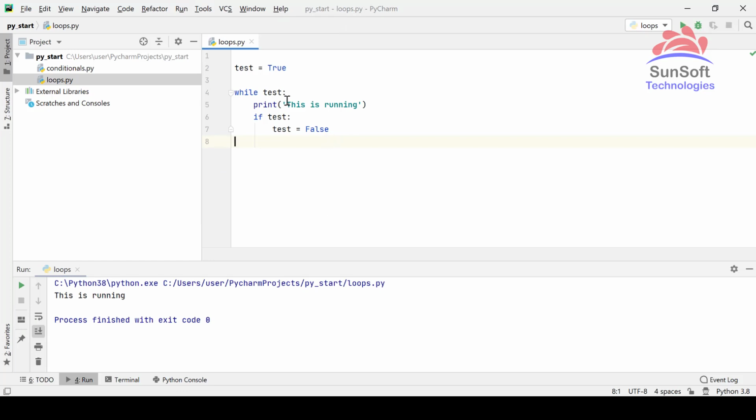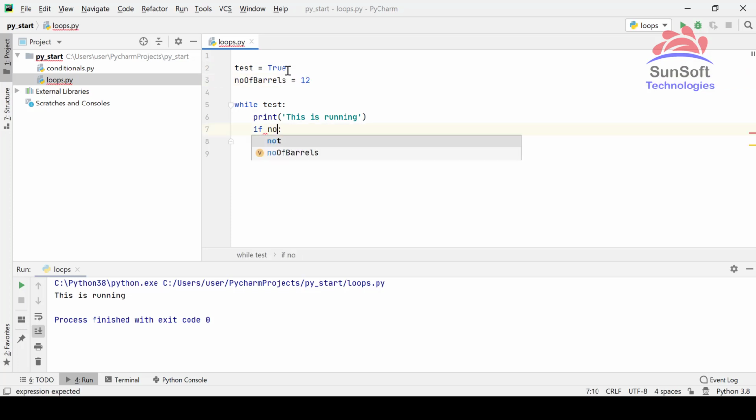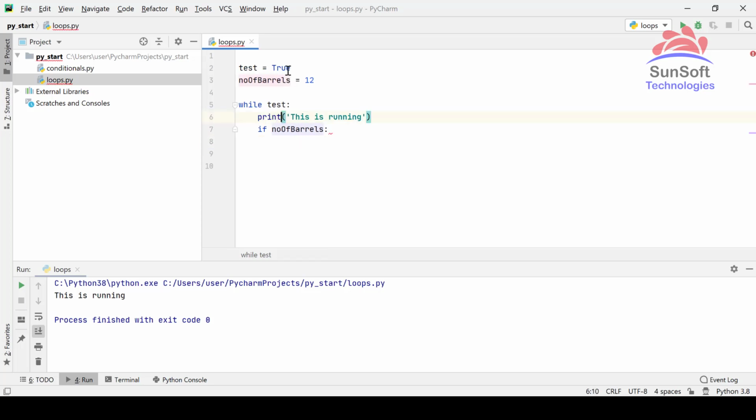I'll run this. This is running is printed once, because as soon as this is printed, it goes in and checks if test is true, then test is turned to false. Now let me declare one more variable, and then I say if number of barrels is greater than 0. I want to decrease the number of barrels every time, and what this will do is check if this is not true.